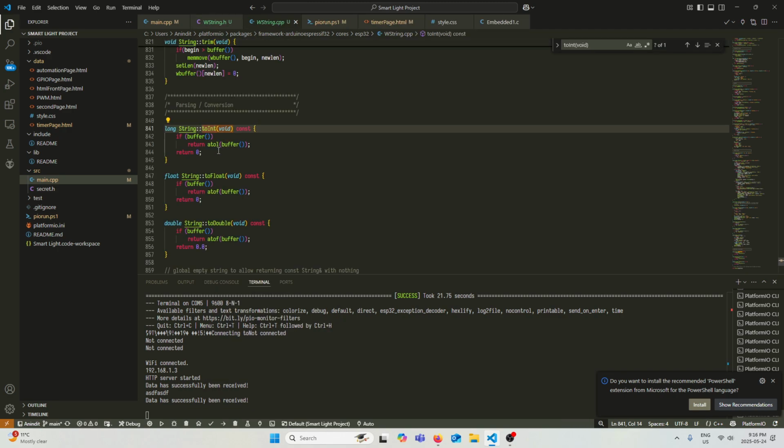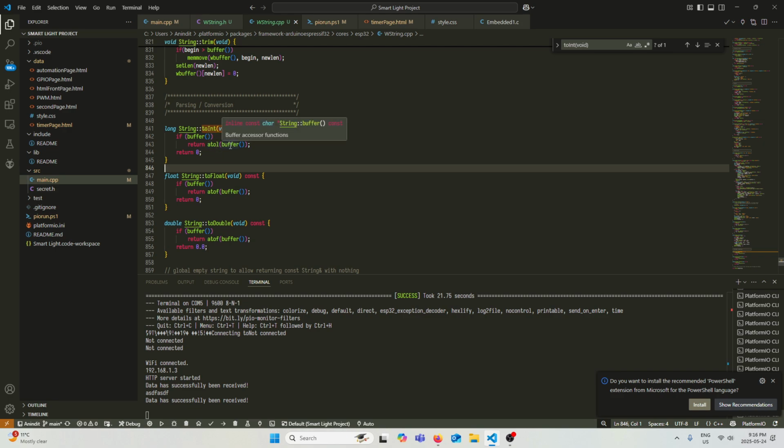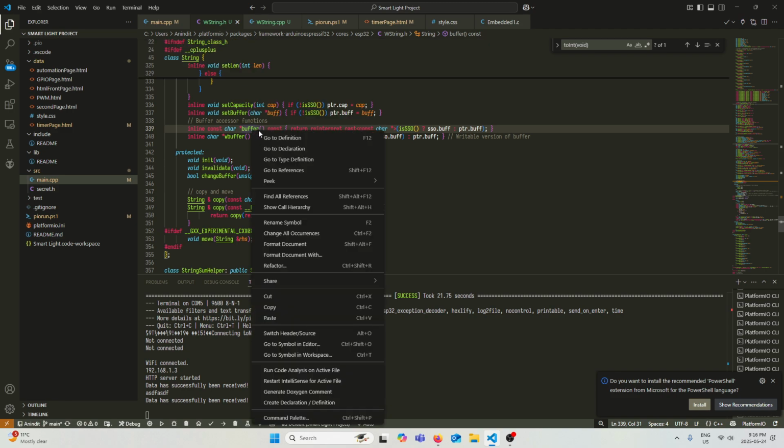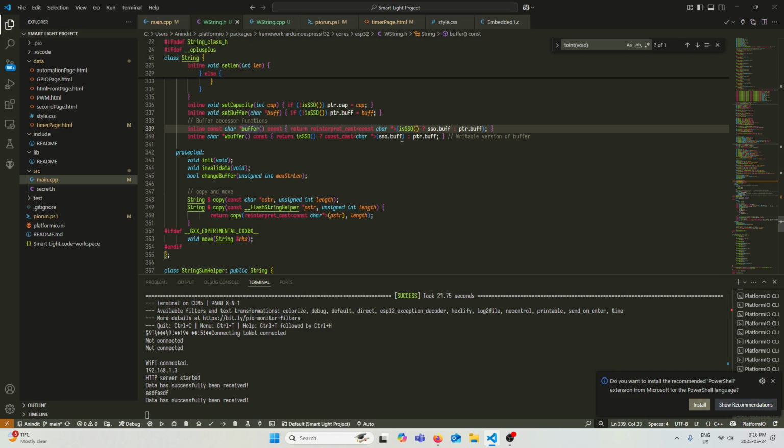So what does this actually do? Oh, I see. So there's already a built-in function for this. Buffer. I don't know what this does. This is like advanced C.